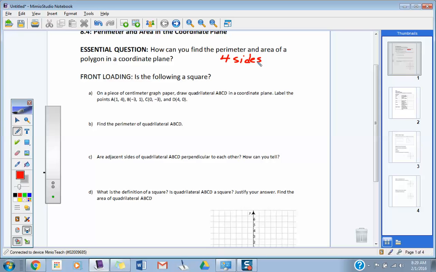All 4 sides are equal. Okay. Anything else about squares? All 4 sides are equal. You guys know what a square is. Describe some of the characteristics of it. What's another? Yeah. 4 90-degree angles. So all angles are